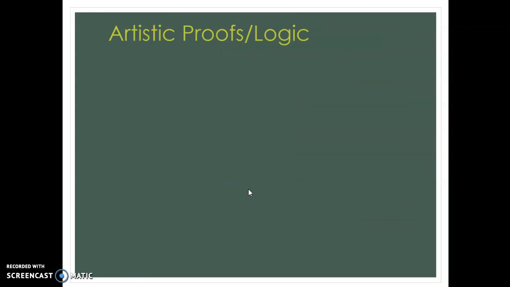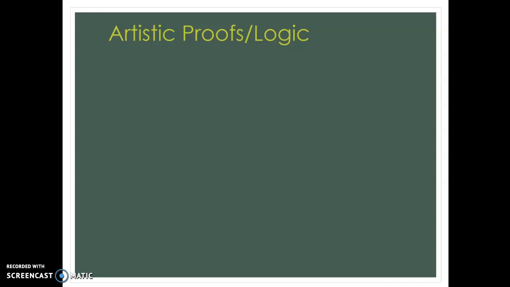So now let's talk about artistic proof. I started out explaining that there's a difference between inartistic and artistic proof. We already looked at inartistic in the first part of part one, and part two of the journal asked you to think about that kind of evidence. That's what we normally think of when we think of logos. But there's another side, and the way I remember it is artistic proofs are proofs that we come up with ourselves. We have to invent or create it, like art. Whereas inartistic proof is information or evidence that we are given,